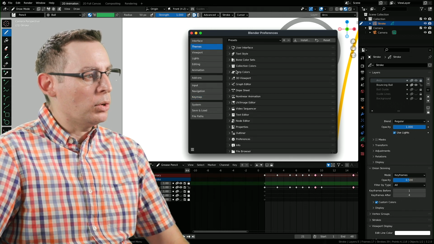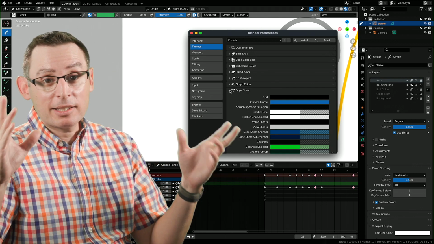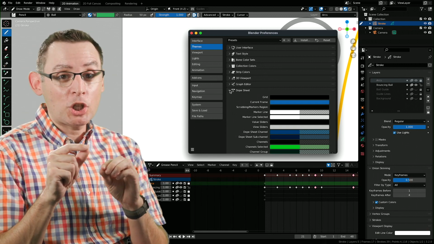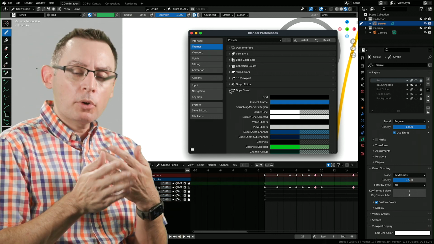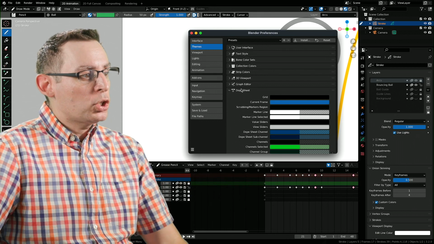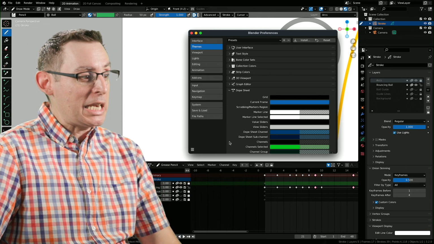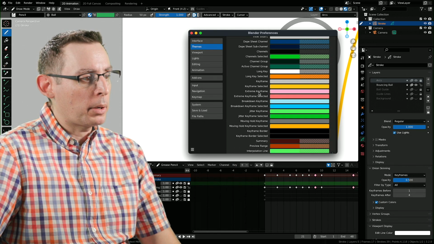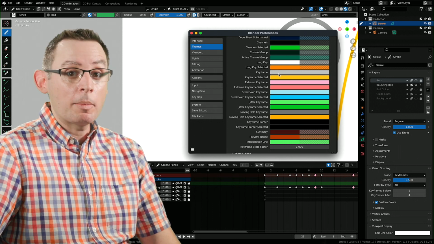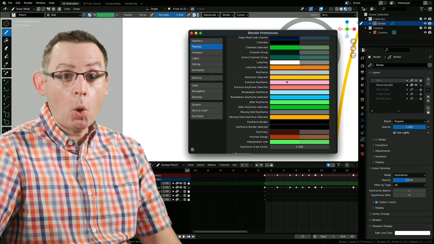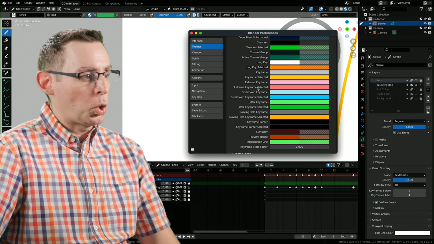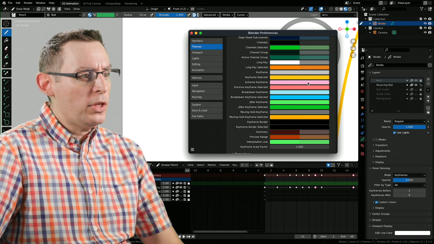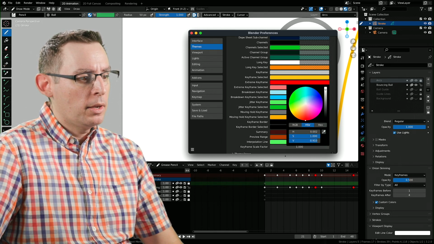Now, what this allows us to do is to go in and change the colors of any of the assets and any of the interface elements across the entire application. So buyer beware, you are physically changing the interface of your application. But there are certain areas that I would encourage you to look at. If we go into the dope sheet, which is technically the name of the interface element that we've been working in, and scroll all the way down to the bottom, check it out. Right here, we have keyframe color, keyframe selected. We can change all the colors of the keyframe, including extreme keyframe and extreme keyframe selected. So this is the color value that I'm going to change. And I'm just going to make it bright red.